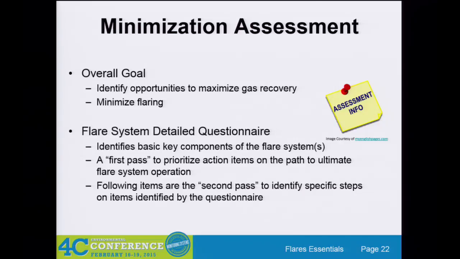When you're doing your minimization, you always want to start by identifying all the connections and prioritizing the things you're looking at. Because if you look at a single pump seal and say, well, we're going to reduce flaring here, that's not really getting the most bang for your buck. You want to look for the higher flows going to your flare and prioritize those. One thing to think about, though, for your minimization assessment: go after your high H2S contributions